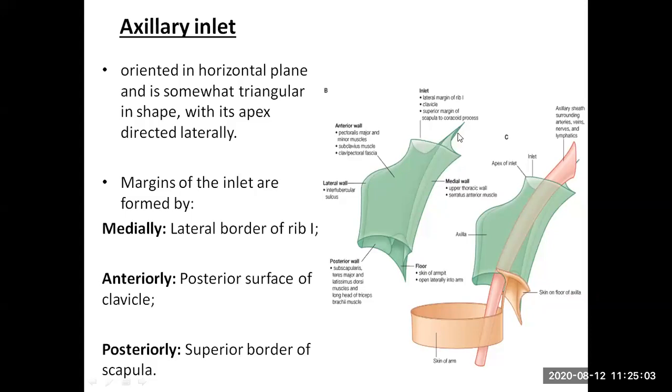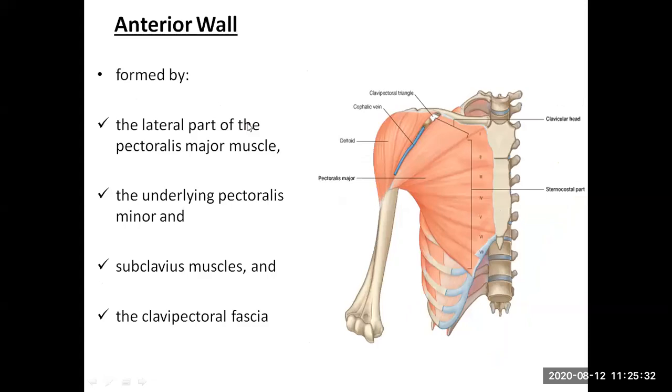Medially, it is formed by the first rib, anteriorly it is formed by the clavicle, and posteriorly it is formed by the scapula. So these three structures are bounding the cervicoaxillary canal. Here, the anterior boundary is formed by the clavicle, and